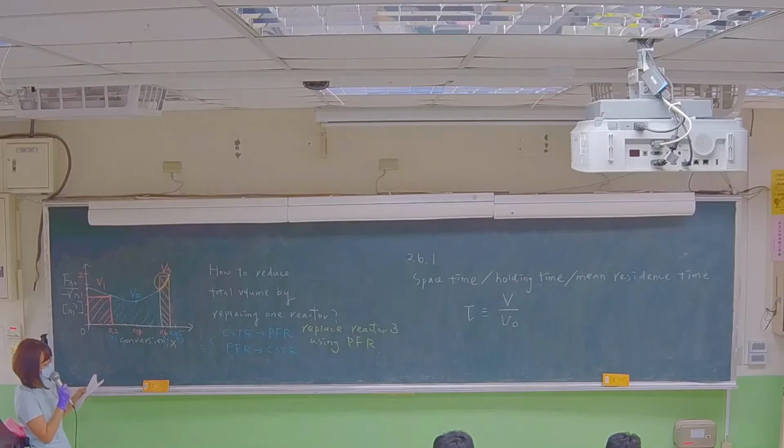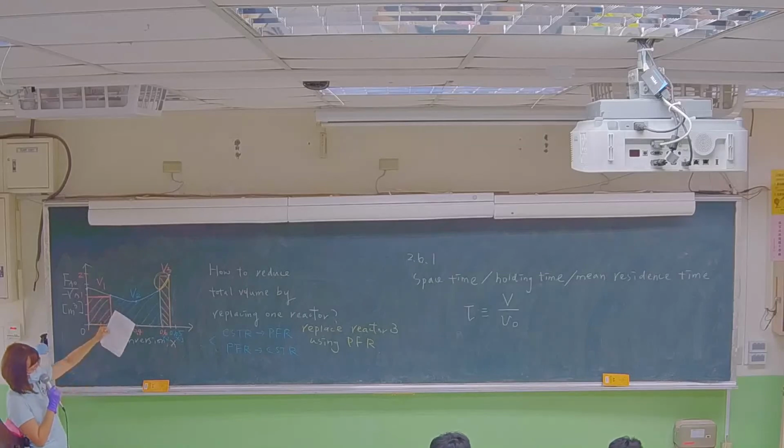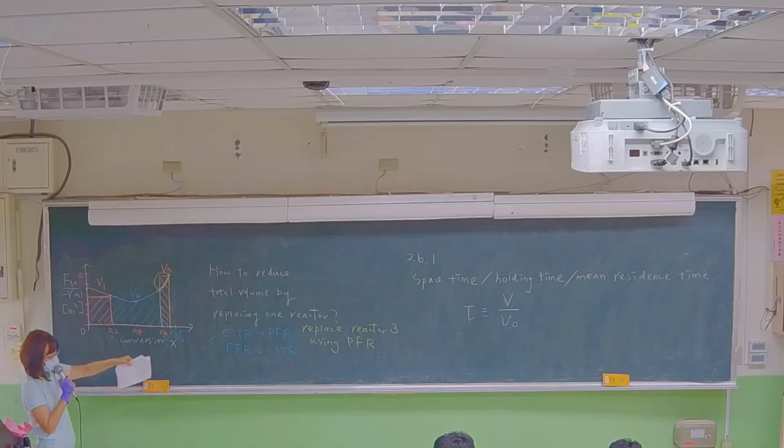And we talk about the volume. So the definition for space-time is equal to volume over volumetric flow rate. Okay, so volume over volumetric flow rate, the unit is time. For example,